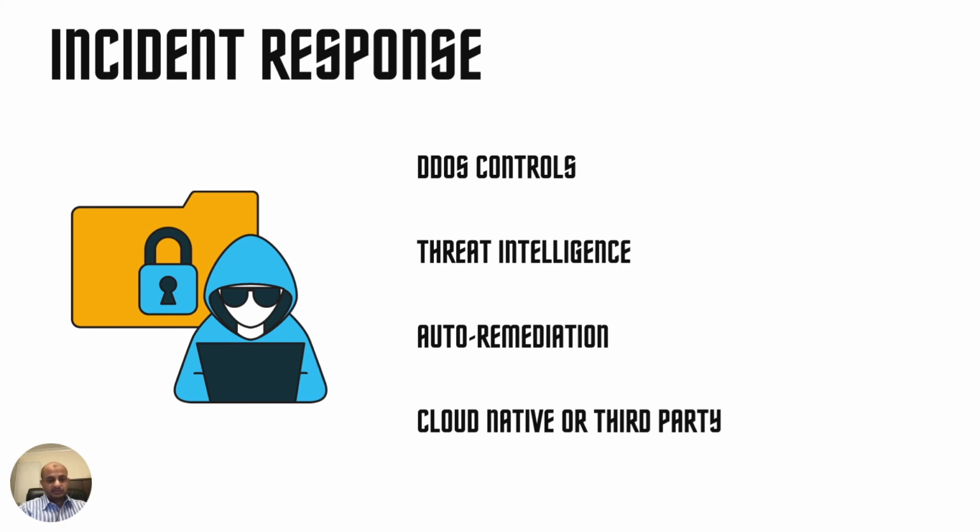Auto remediation is the most important thing. Auto remediation basically means that when something happens, don't wait for an alert to come and then an email to come. Within the cloud, you can actually put in auto remediation, which will automatically fix things by itself. What if somebody opens an RDP port out to the internet? Don't wait for an alert to come to your SOC team and then you're running around. No, actually, you can put in controls which can automatically shut that port down. So by the time the email comes to you, you would have fixed it, okay?